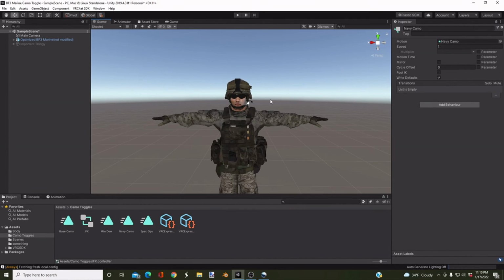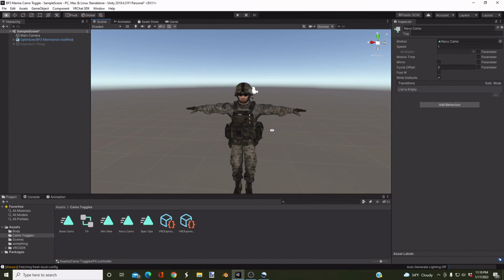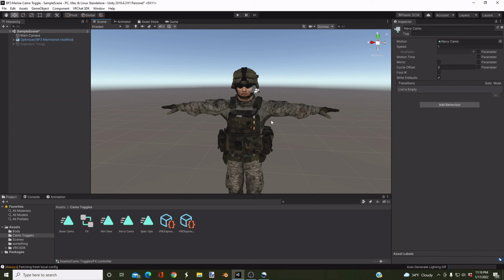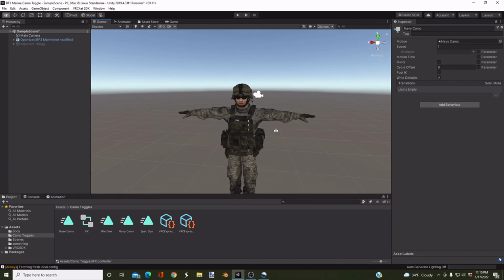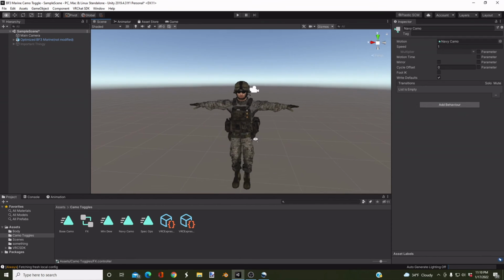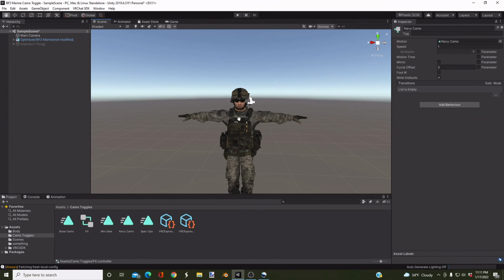Hold on a sec. One thing I did forget to say. After I finished, I just realized this after I was done with that video. So I do have to warn you though. For some of you who are planning to upload your avatar to Quest, just know that it does have a 10 megabyte limit, and these camo toggles